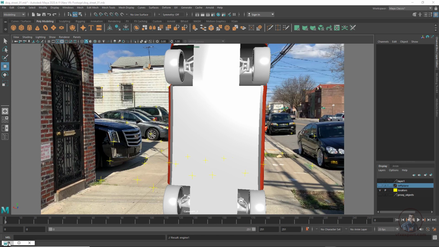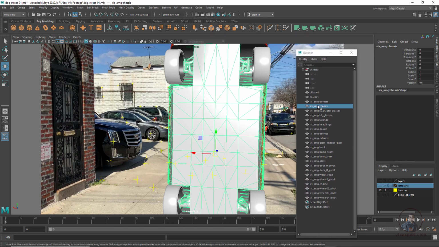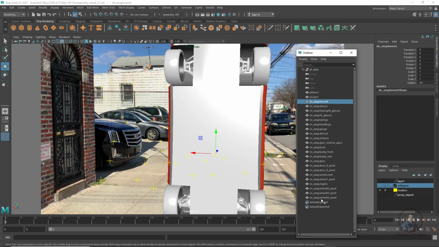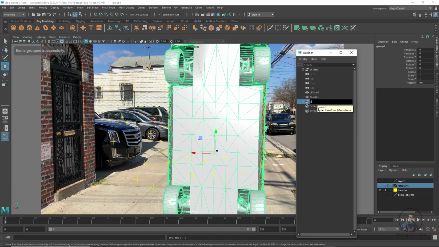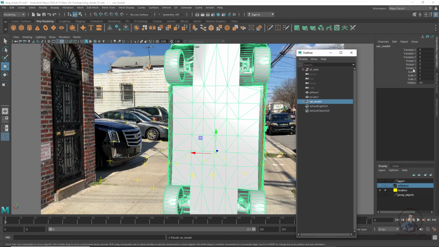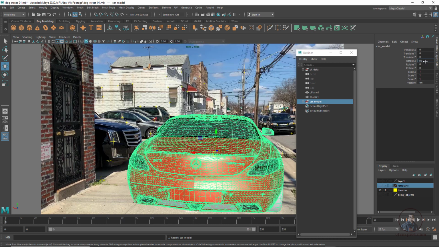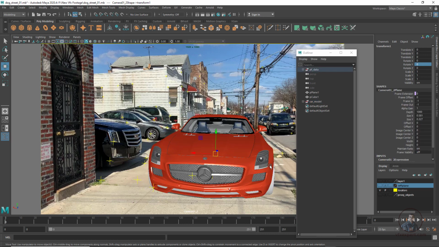Then again come here in our outliner and just select all these model elements here, and just create a group here. So this is our entire car here. Then Control G and just give a name, maybe car underscore model. Then rotate and scale according to your requirement. Then from here just rotate it maybe -90, then Y value 180. Maybe this is actually front. So yes, this is front.